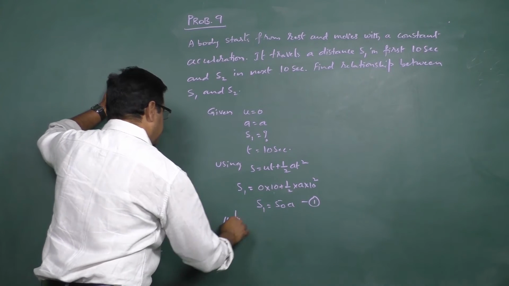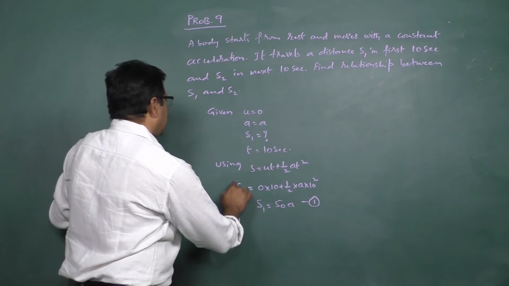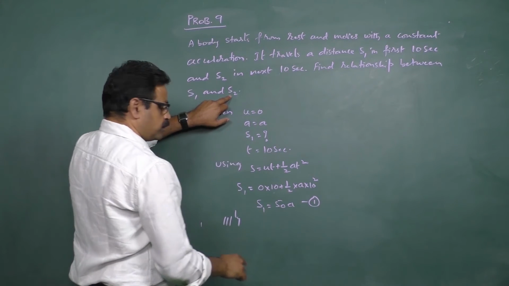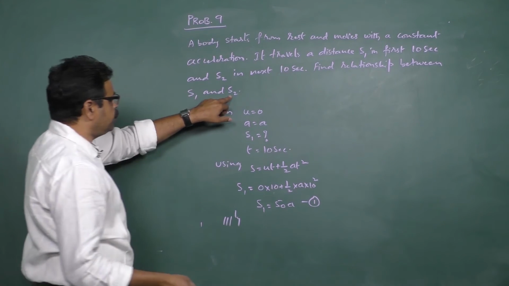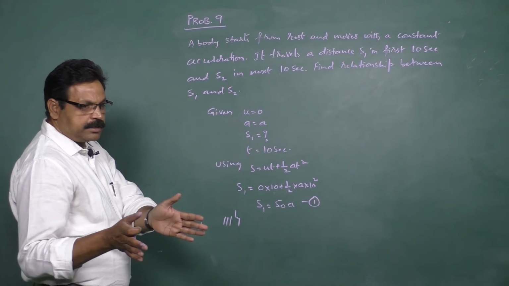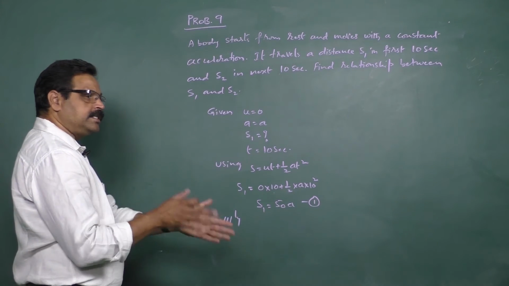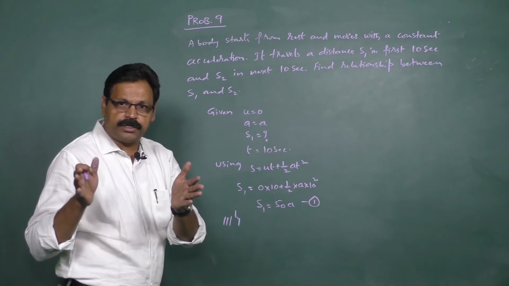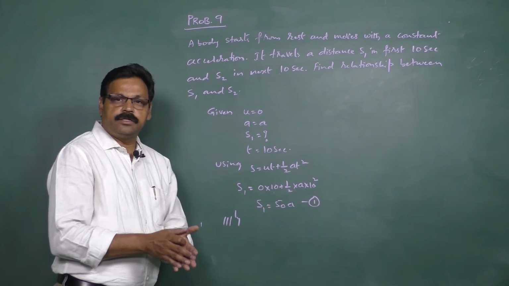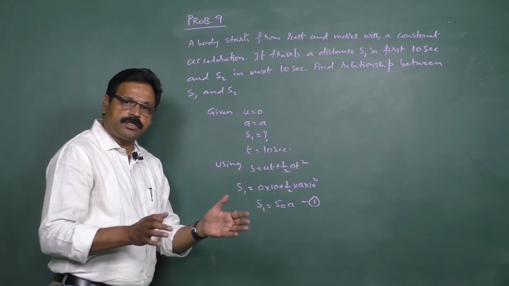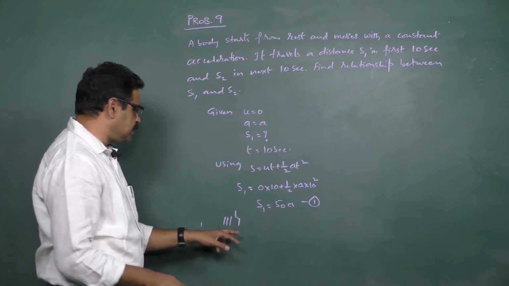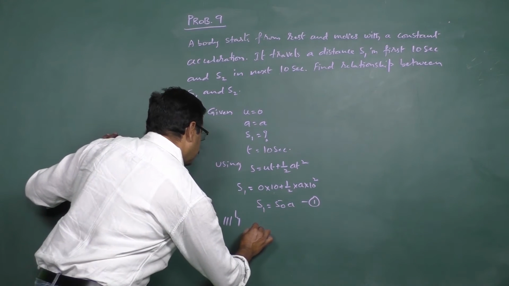Similarly, when you need to calculate S2, it is going to be the distance traveled in next 10 seconds. That means 20 seconds distance minus 10 seconds distance. The distance traveled in 20 seconds minus the distance traveled in first 10 seconds gives rise to the distance traveled in next 10 seconds. Therefore, S2 can be